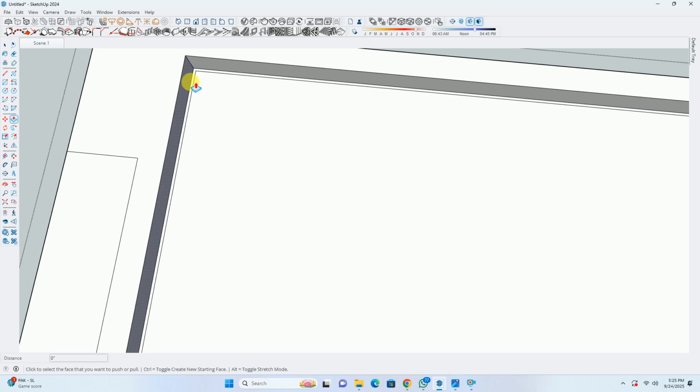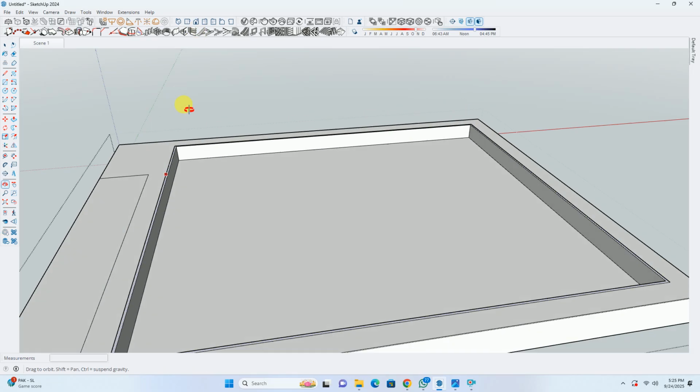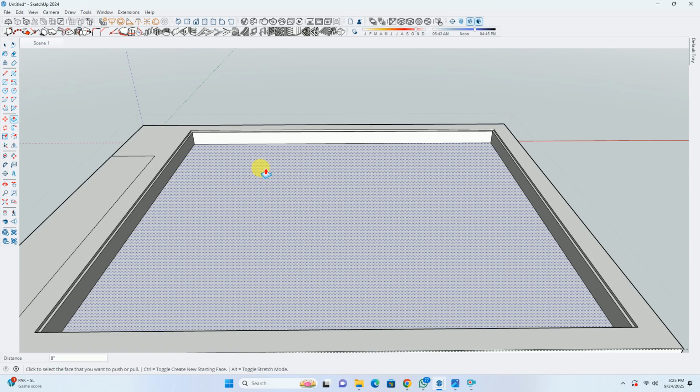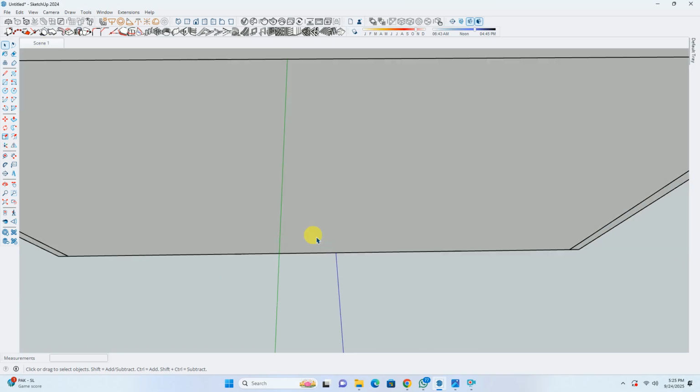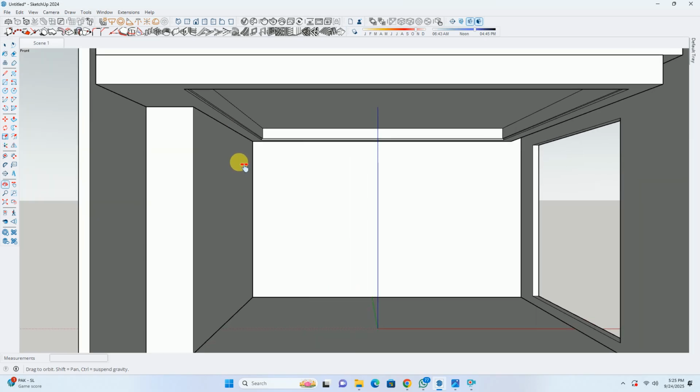Then we'll apply the push pull command and make it upward. We can see that this top surface is at 9 inches, but instead of 9 inches, we'll make it 8 inches, so that we can get an L corner groove on all around surfaces. Got it? Clear?